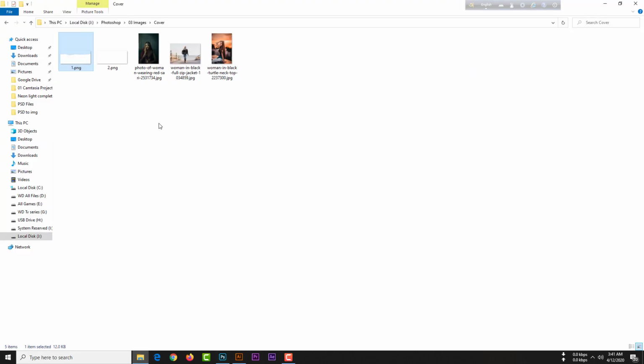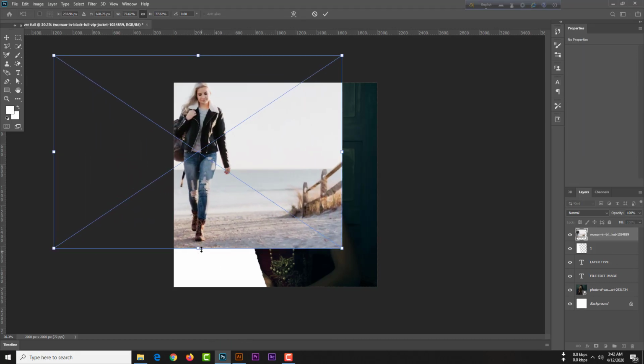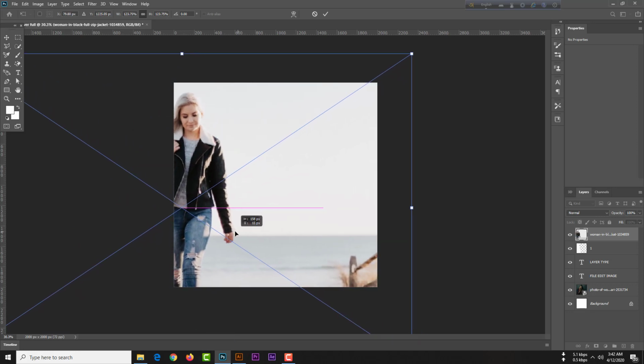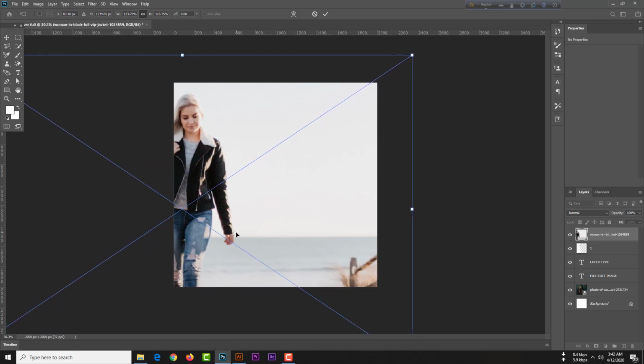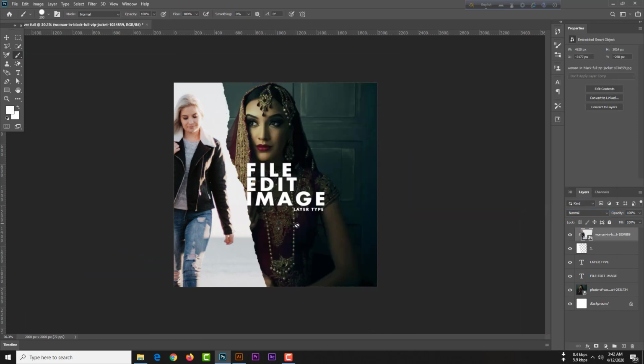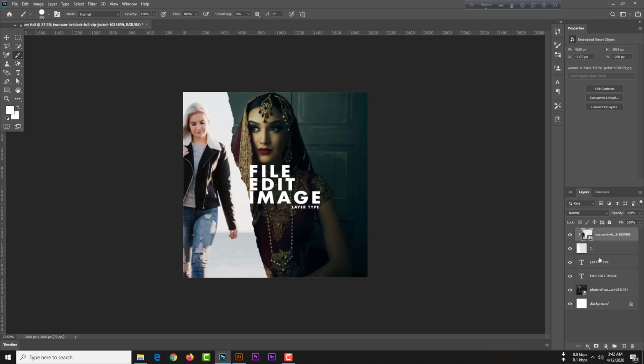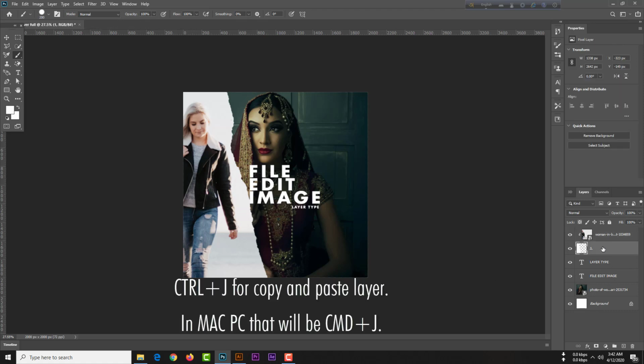Then we have to place our second image. Our second image will be this. Simply hit the enter button, then right click, create clipping mask. So this is awesome. And please select this ripped layer, Ctrl J or Command J for copy and paste. Then again